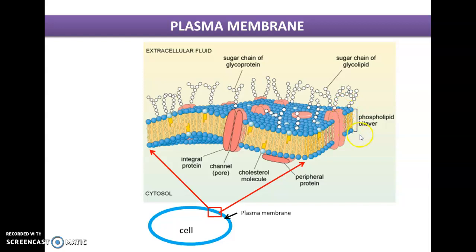So in that way, this phospholipid arranges itself. The head part is in contact with water and the tail is hiding itself from the water, so it remains inside. So this type of structure will be found in the plasma membrane, right? Then two types of protein molecules float in the phospholipid layer.